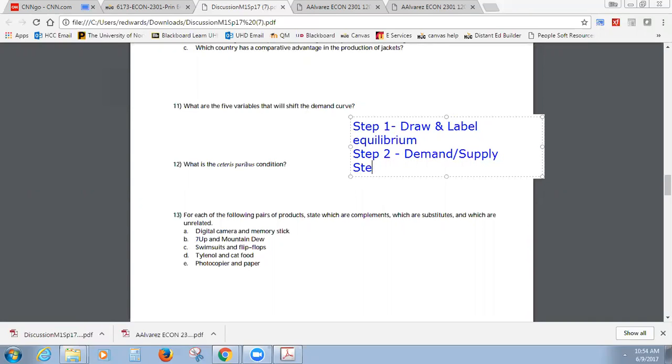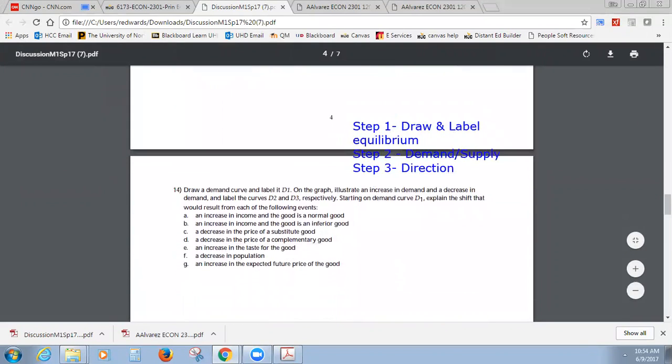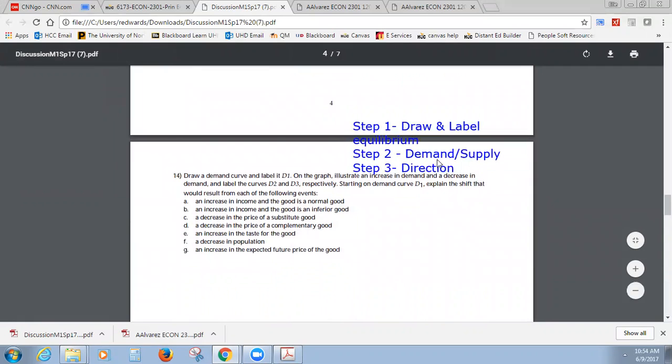Step 3, determine the direction. All right, is it going to be an increase or a decrease? And that's what I think the problem after this one was sort of asking you. 14, draw a demand curve, label it D1 on the graph. All right, so we're going to determine, is it a demand issue or supply? Then step 3, direction. And then step 4,